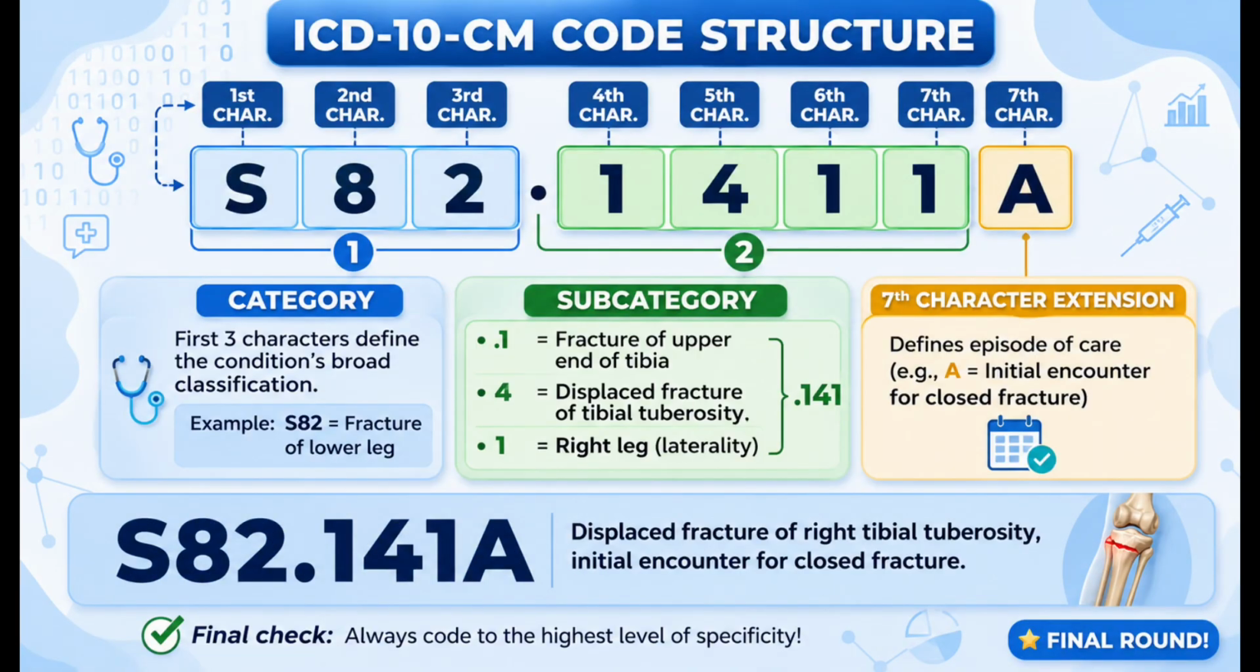Let's dive right in. Wait, before we dive into the questions, let's quickly break down how an ICD-10-CM code is actually built, so you have the anatomy down. The first three characters form the category, giving us the broad classification of the condition, like S82 for a lower leg fracture. Next, the characters following the decimal point make up the subcategory, adding vital details like the exact anatomical site, severity, and laterality. Finally, the seventh character extension tracks the episode of care, such as A for an initial